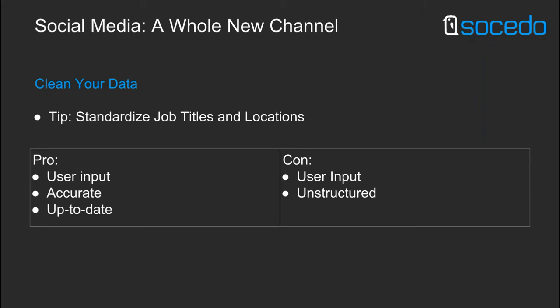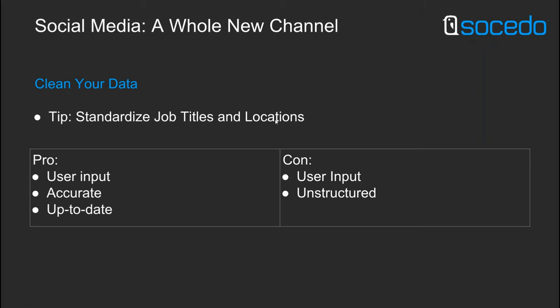Also, my whole profile is a piece of data. So I have to be able to parse that down and listen for things like demand gen job title. A tweet, as we've already talked about, is a great indicator of interest, but I have to listen for those specific hashtags in order to take that data and put it into fields. So one thing that we like to say, more than anything, once you start using social data in your database, the first things to standardize on are job titles and locations.